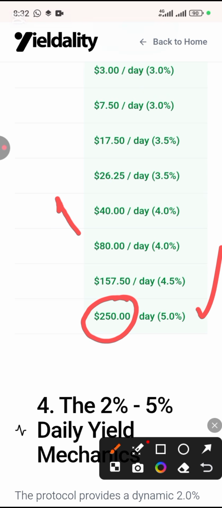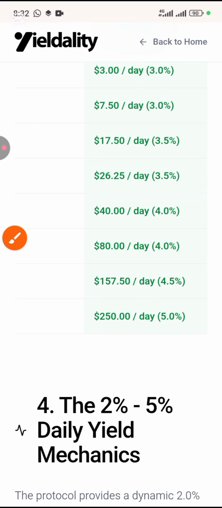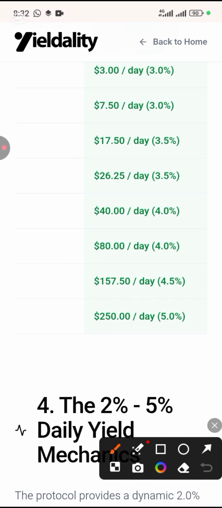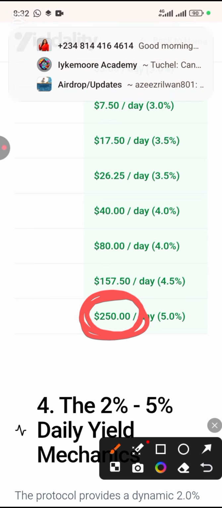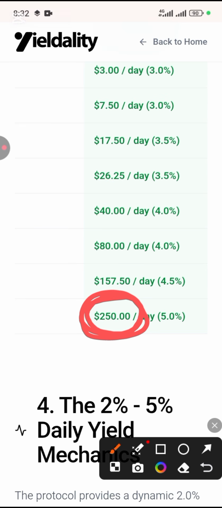Like if you are in level 12 now, you are earning 5% daily. That is, you are earning 5% of what you put in level 12 daily. That is $250. So this $250 will be giving you some percentage to be adding to your money every blessed day. Do you understand? That's why I said that this platform is one of the best. So you can actually do compounding in this platform.